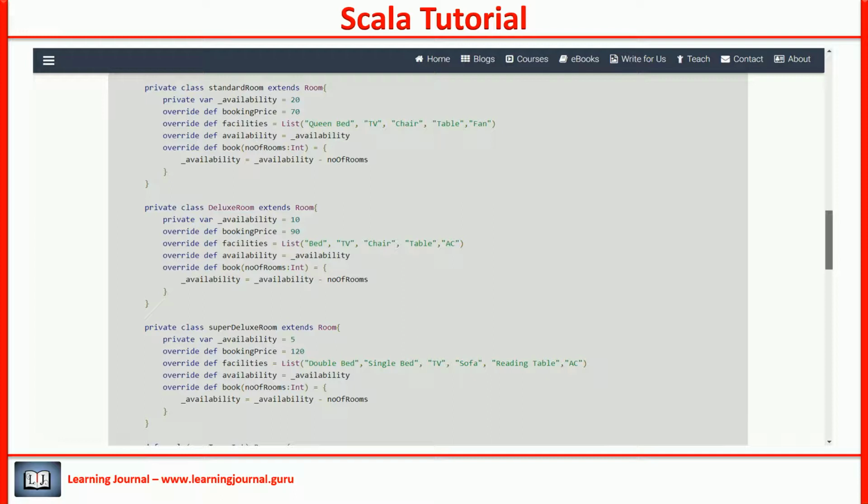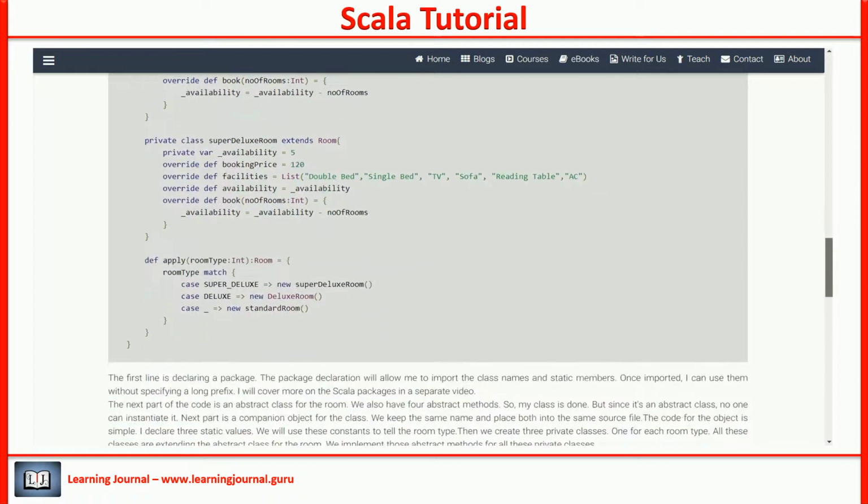All these classes are extending the abstract class for the room. We implement those abstract methods for all these private classes. Finally, I create the apply method. The apply method instantiates the appropriate private class depending upon the input parameter. That's it. This code will allow us to use the room object as a factory method.